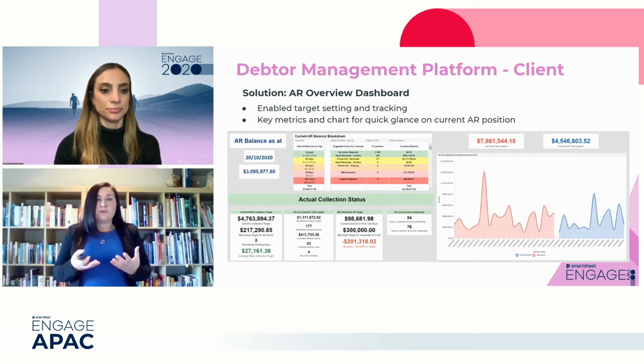The AR overview dashboard provides complete transparency, allowing us to identify escalations early and to work with our client closely. We've been able to set and track targets and evolve the process quickly. This coordinated effort has been important, and Smartsheet is the enabler of this collaboration. Given we all work from remote corners of the world, Smartsheet's role here has been critical. In terms of the impact of the solution, the collection results have been exceptional, with only 1% to 2% of debts rolling over at month end, and an inspiring reduction in actual bad debts.